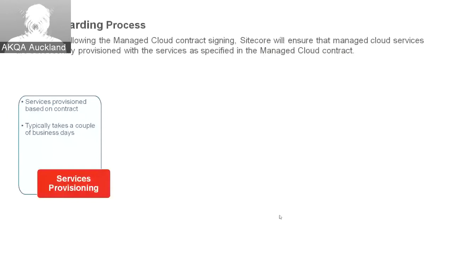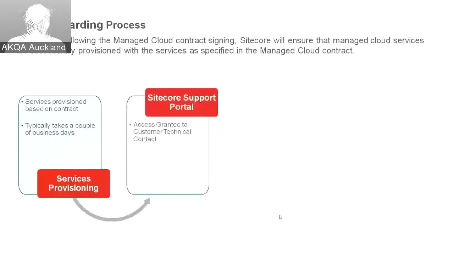Usually it takes 2 business days, as they say, but it comes in 1.5 days. It depends on what region you are going to use. It's not only like Australia or something. If you want your site somewhere in the world, it depends on that. They run their ARM templates and then they create the